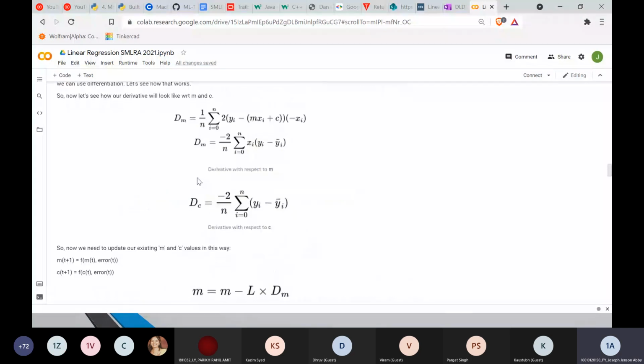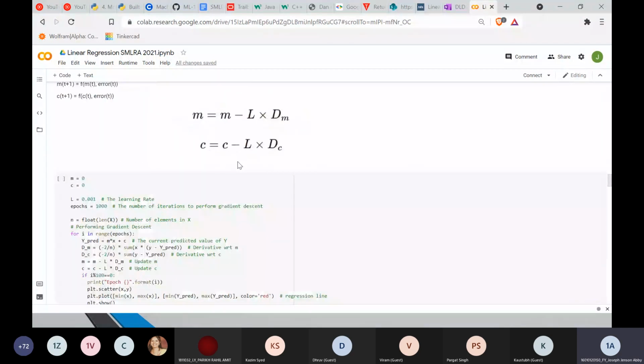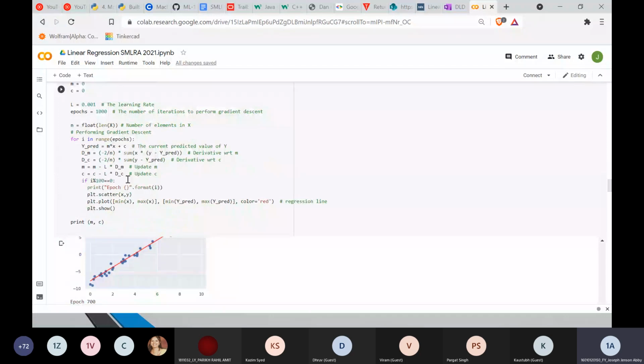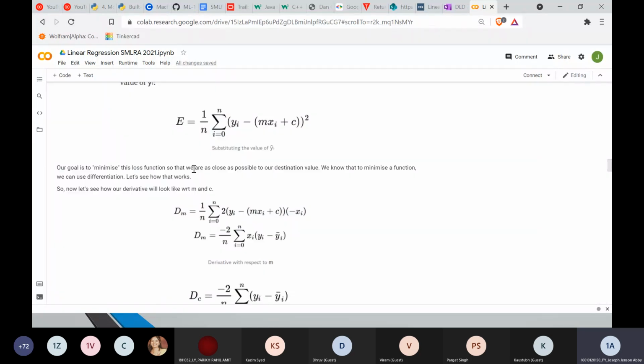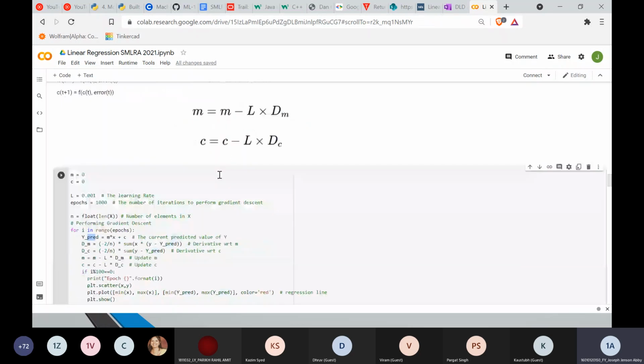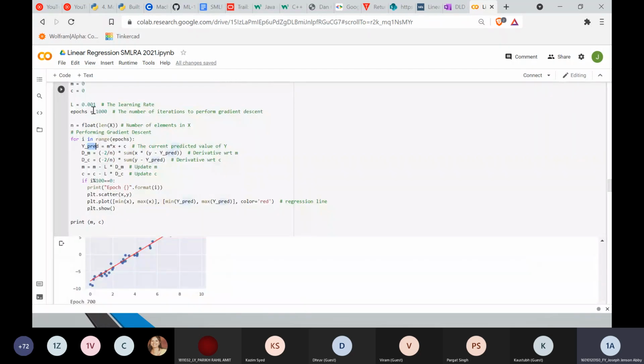So that was linear regression, and this is the concept which I've explained to you. Here we are actually calculating the derivative. We have assumed a linear model, right? Linear regression, so the y value is m, the slope, times x plus c. We have calculated the derivative as I have shown earlier. The formula for the derivative is there, and we have implemented this formula in our code.